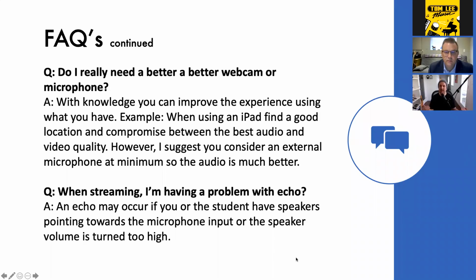And finding that balance, if you can turn the volume down for your speakers coming out of your laptop, or let's say you have external monitors. But ideally, if you could put headphones on, and they can be little in-ear buds, they can also be full-size headphones, that will completely eliminate any kind of echo feedback on your side. Now, it might happen on the student side, and you're going to have to work with your student and say, hey, can you turn down your device a little bit? And then all of a sudden you'll notice that that echo will go away. So that's answering that question for the most part.